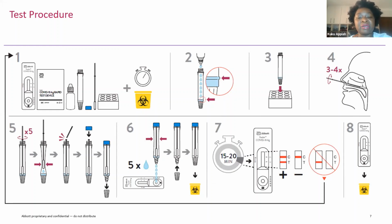300 microliters of the buffer should be placed into the test tube. There is a specific mark on the tube that makes an easy reference for how much buffer should be placed in the tube. The tube should then be placed upright into the holder, and then the nasopharyngeal sample must be obtained. The sample is obtained using the specific technique required for a nasopharyngeal swab, and also note that not everybody is mandated in the country to be able to take a nasopharyngeal swab, but using the correct technique,